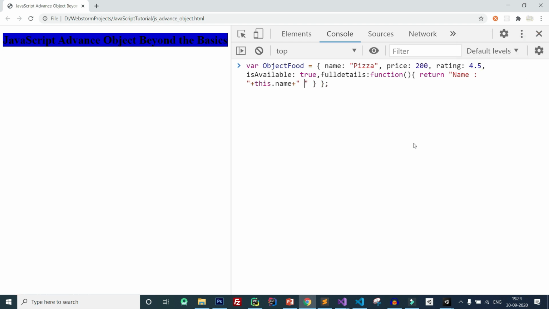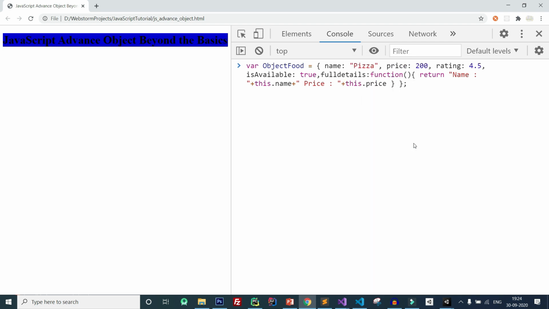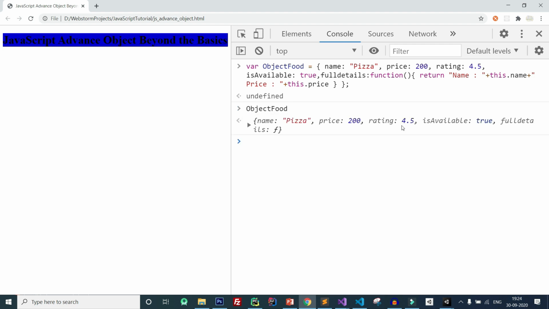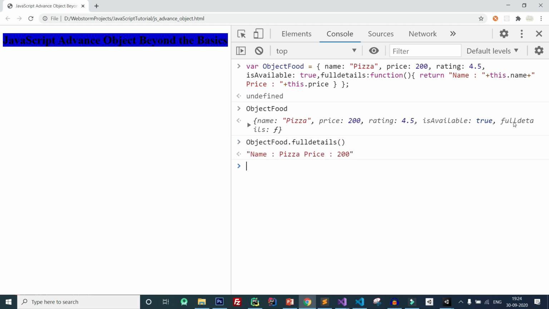Again you want to access price, so you can use this.price. Now enter, and if I access object food, you can see it's showing fullDetails. If I call it, in this way you can use the this keyword to access the current object's data also. It is very useful when working with objects and creating functions inside objects.